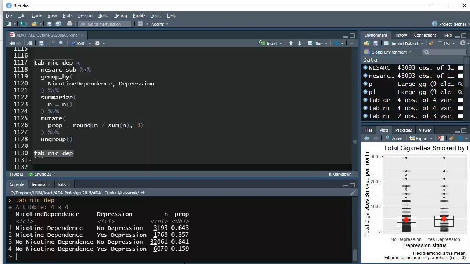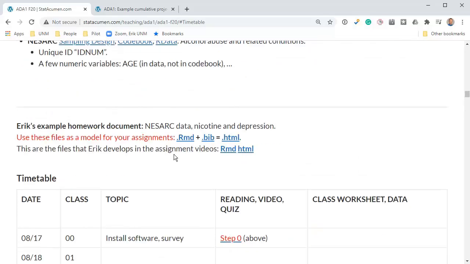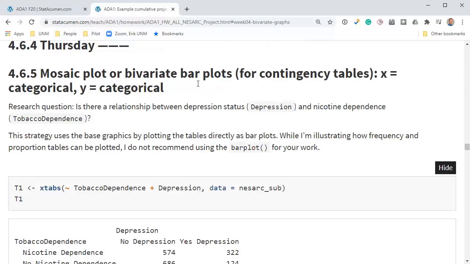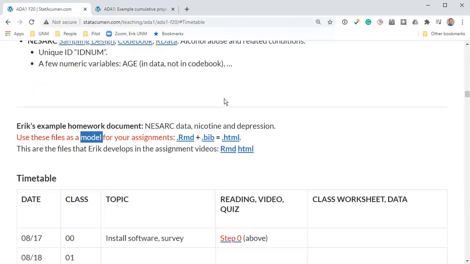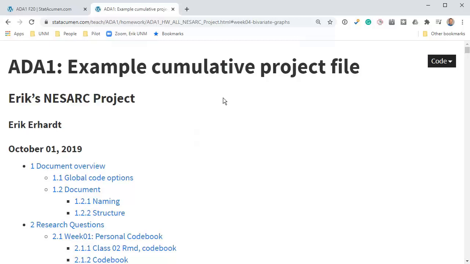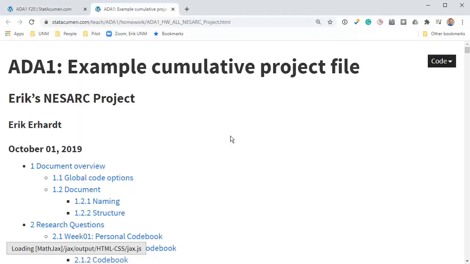Let's create a plot for one of these 2. So now I'm going to go to the website, scroll up to the model assignment. You can either use just the code that I'm producing in this video here, or you can go to the previous year's HTML. I believe that's here. And I've already gone down to the bivariate plots. In fact, let me not cheat so much. Here's what happens when you, let's just close this. Oh, are you going to be super slow? You are. Okay. Open up that HTML file, let it load, and I'll scroll down